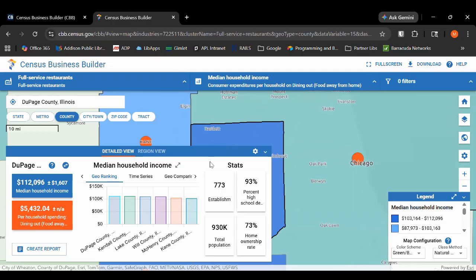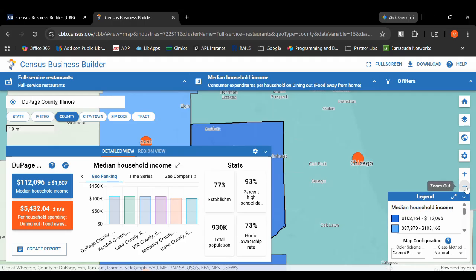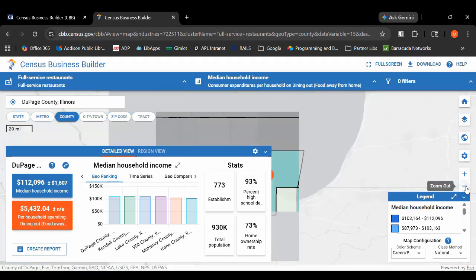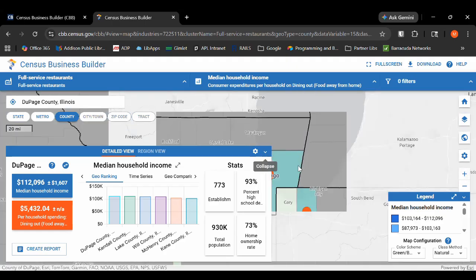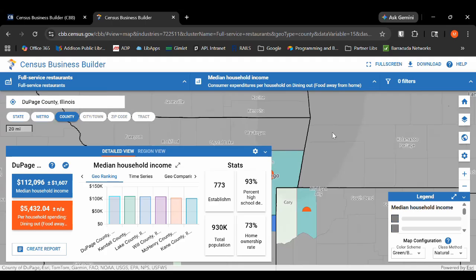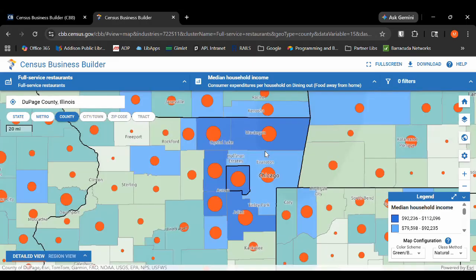And so now if you scroll out a little bit on the map, that's good. And it'll load that data. And you can also drop that. You see there's a little caret there. You can drop that dashboard down. There you go. You're going to see for all of the counties that are in this particular view, what their